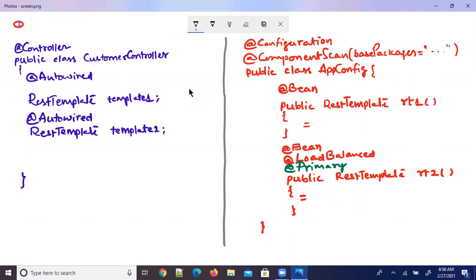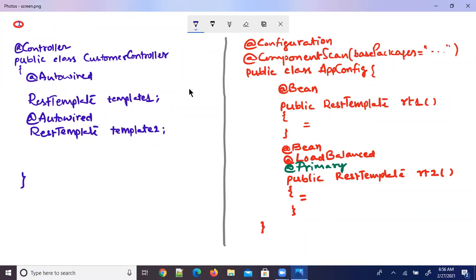So now, let me talk about the requirement. I would like to tell you the requirement. So here is a customer controller. I have two RestTemplate objects, which are template1 and template2. Right?